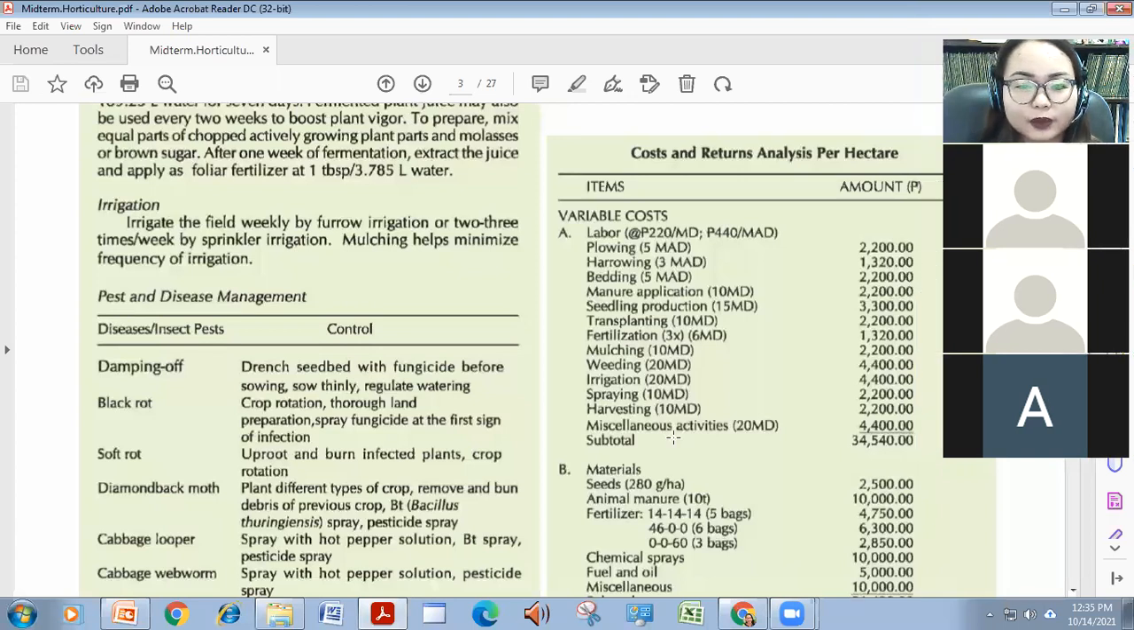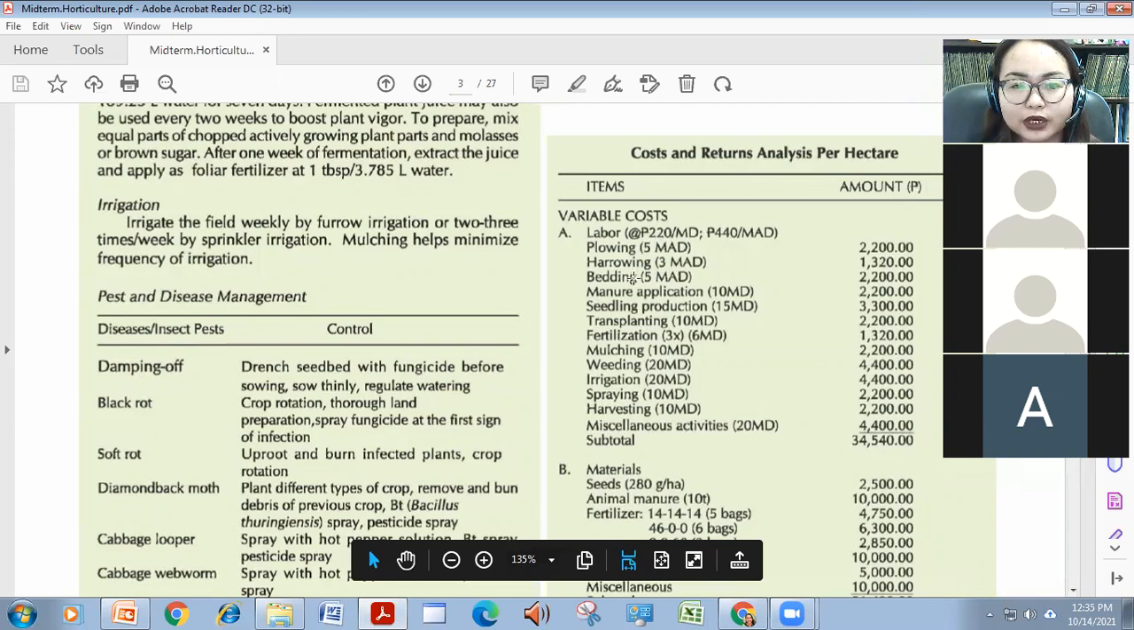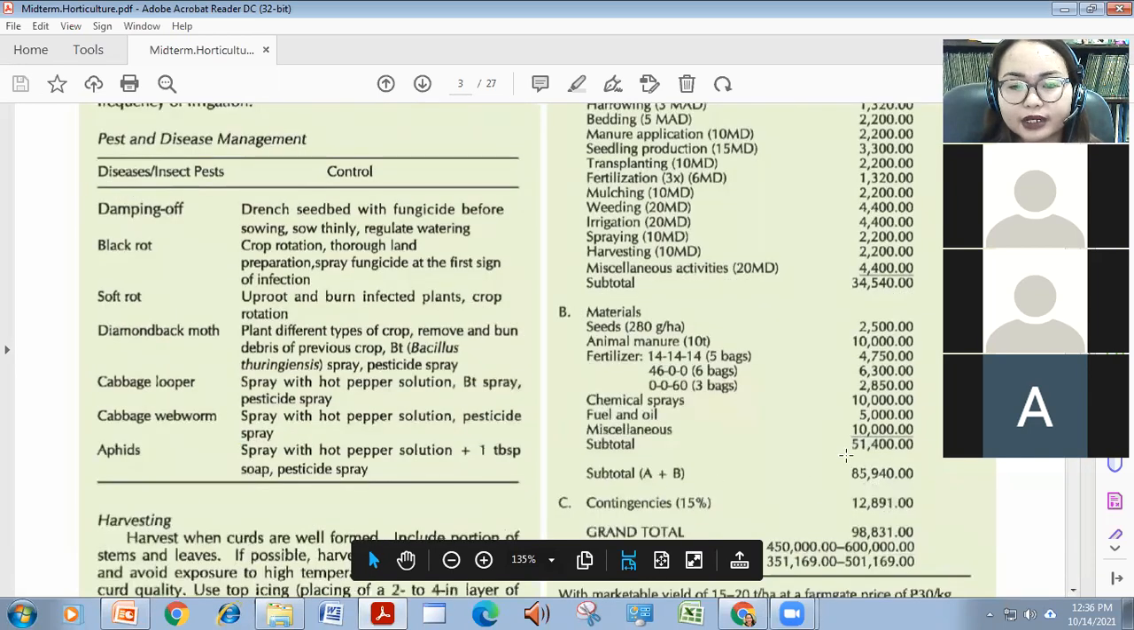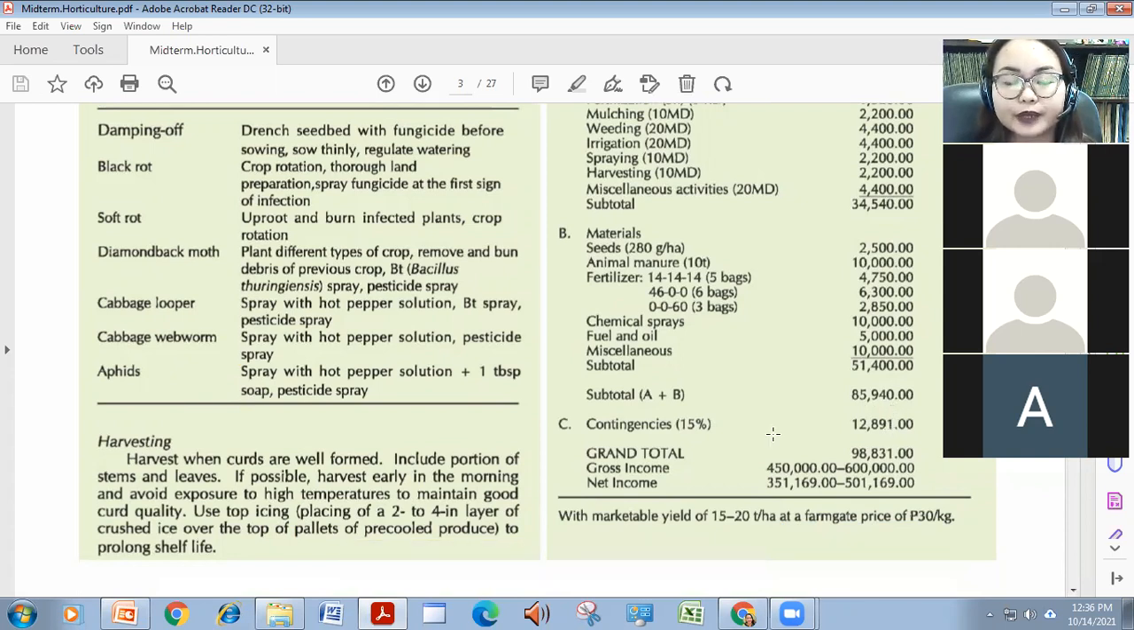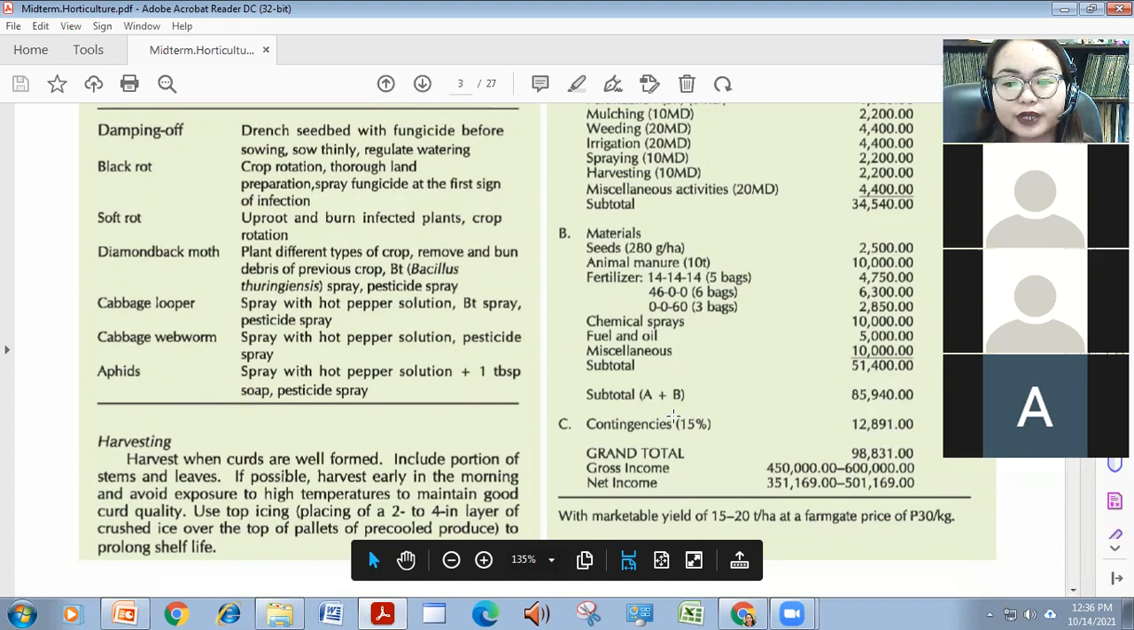Okay. So, as I have said, ito yung subtotal ng mga labor na kailangan mo. So, for labor alone, you're gonna spend 34,000, no? Materials, 51,000. So, all in all, 85,000. And then, mag-budget ka pa ng contingency. Halimbawa, may mga unexpected na expenses, which is 15% of the total of 85,000. So, plus 12,000. So you're gonna have 98,831 na